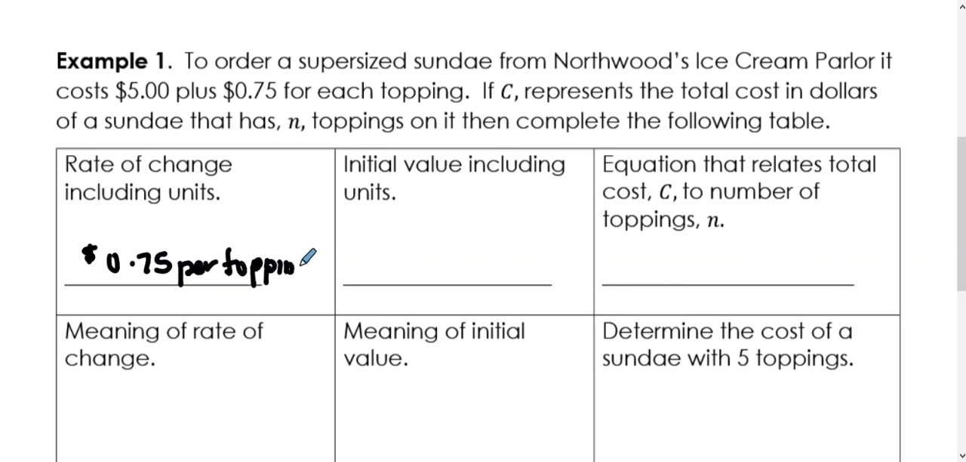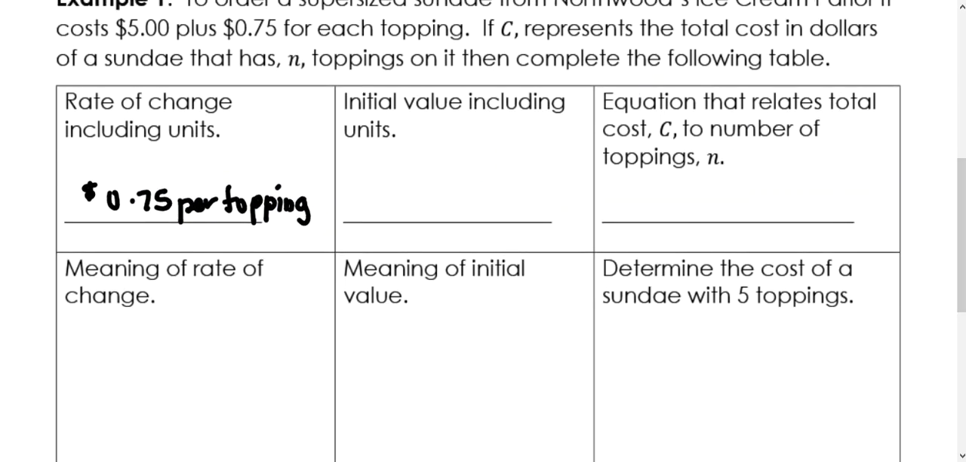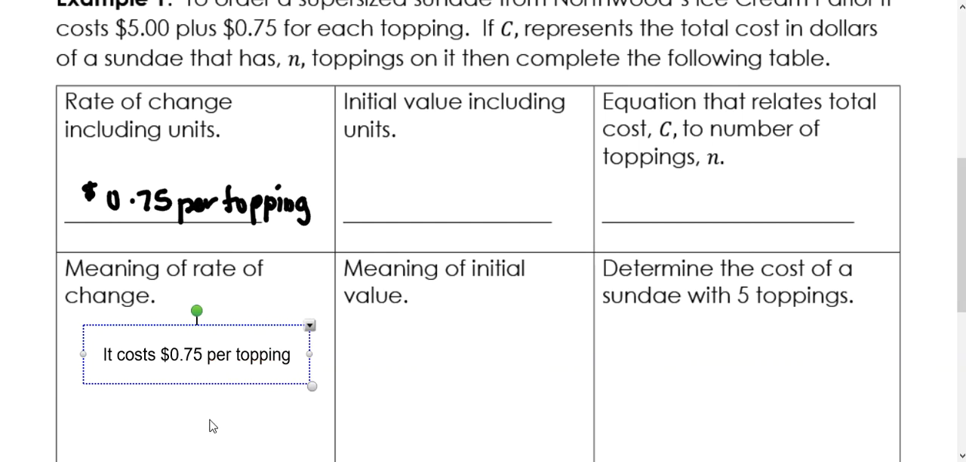So that's what's changing. Okay, so to put that in words, I could make a sentence out of that by saying, all right, the meaning of the rate of change is the cost per topping is 75 cents, or another way of looking at it, it costs 75 cents per topping moving forward. So we want to emphasize we're making the connection to what part of the equation is which. All right. Now,